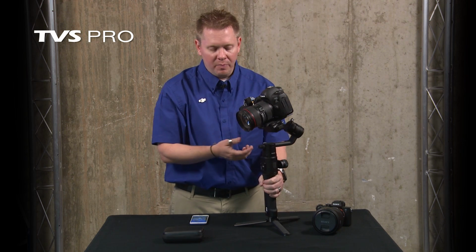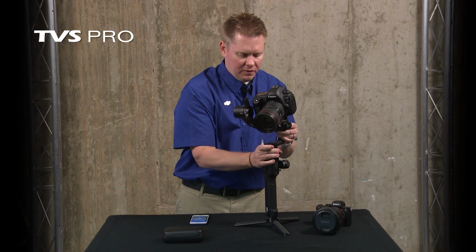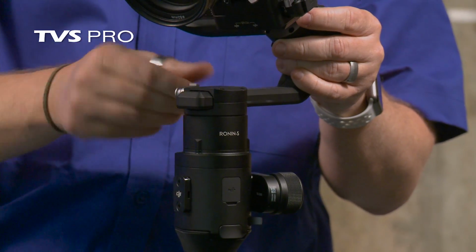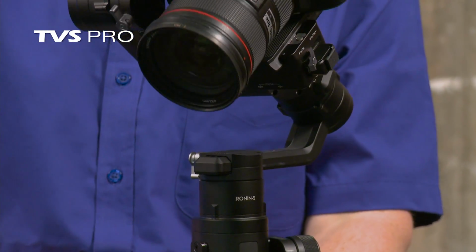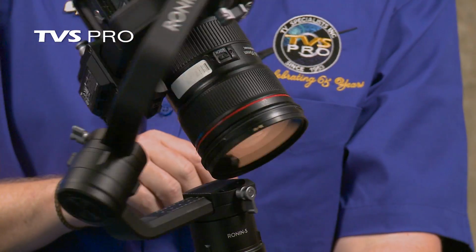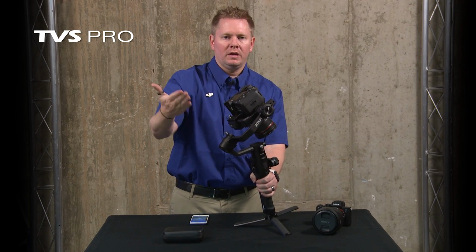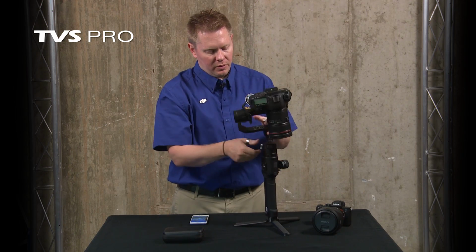This is a good balance, and I'll just show you what that looks like. So I'll loosen this, even if I just adjust it 5 notches, and now twist this forward. I'll help it here, there it goes. Now I know it needs to move forward because the weight is too far aft. So I'm gonna bring this back,